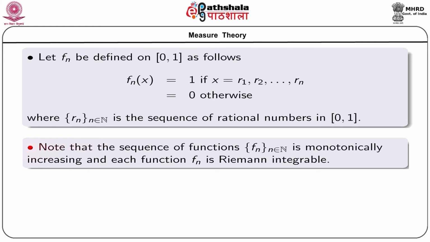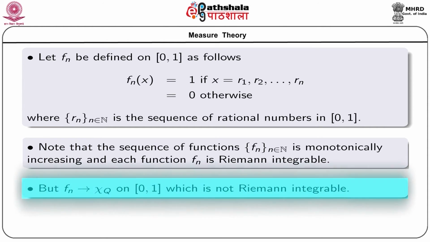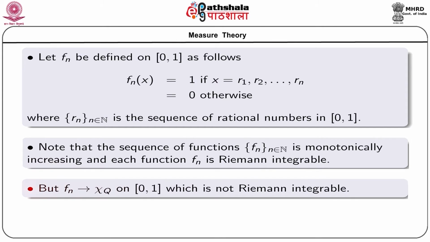And we already know that each function Fn having only a finite number of discontinuities in closed [0,1] is Riemann integrable. We know that this sequence Fn converges to the function chi_Q in closed [0,1], which is again not Riemann integrable. And on this point, we will present one of the most well known convergence theorems of Lebesgue integration,